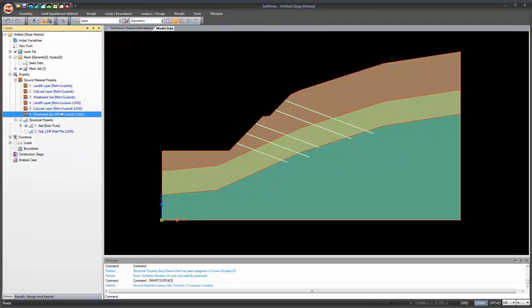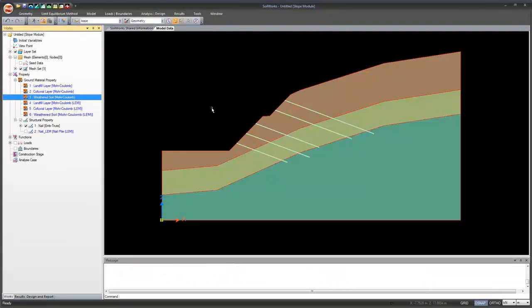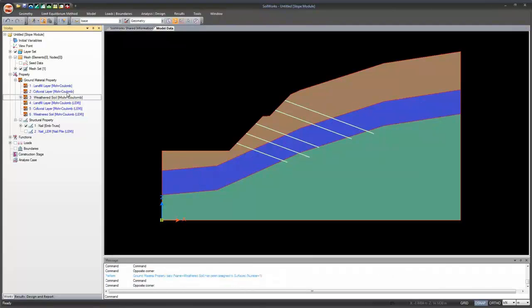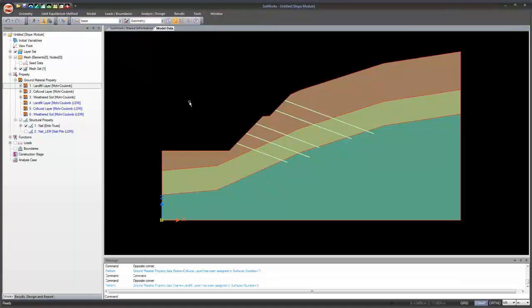the LEM method. Now to assign the properties, just select that particular surface and just drag and drop the particular property. As soon as you do that, you can see there is a change in color after you assign the properties. So similarly, select the second layer, just drag and drop. Top layer, drag and drop. So this is so simple with SolidWorks to assign the properties to the structural components as well as the ground